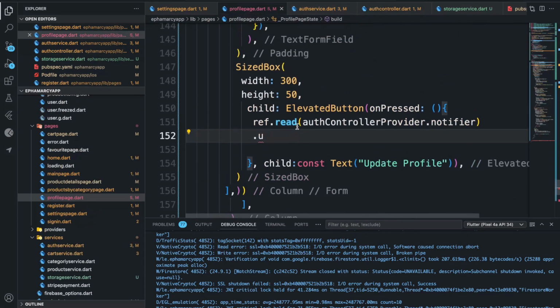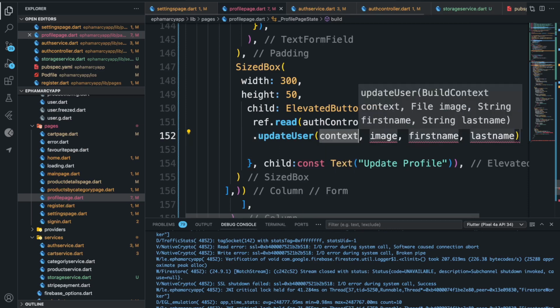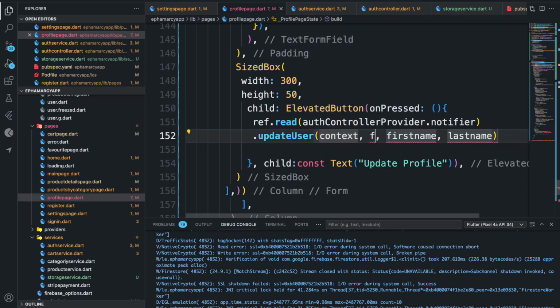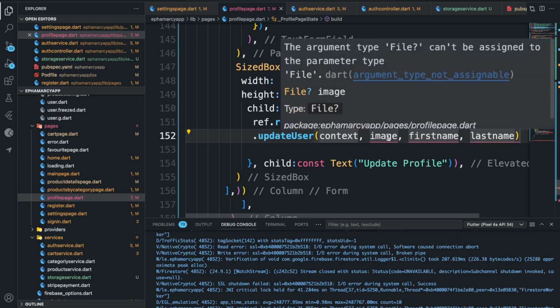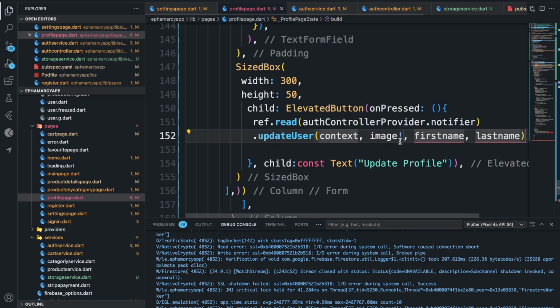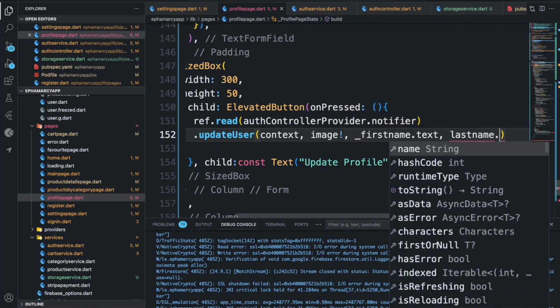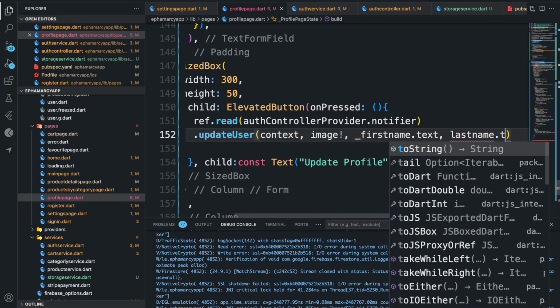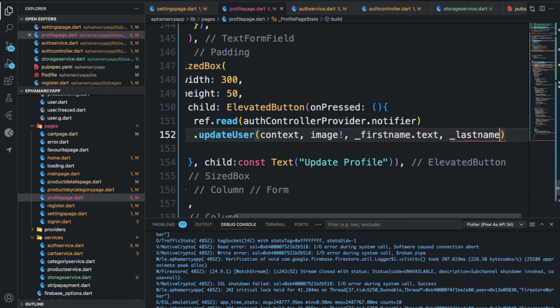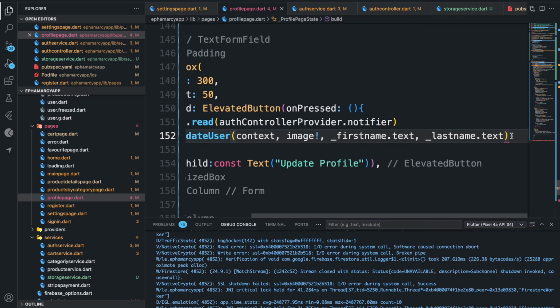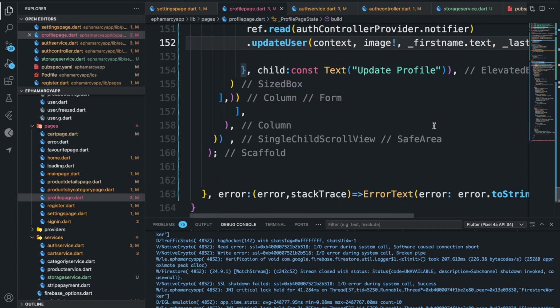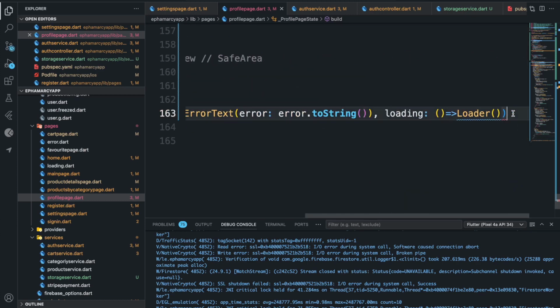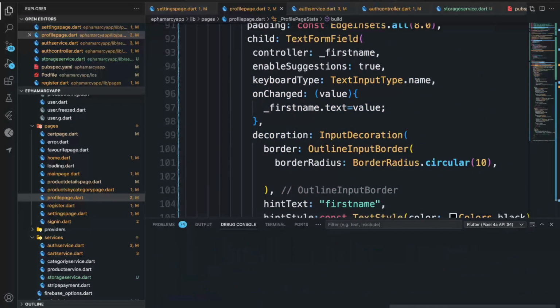Yeah, so now if we go back to our profile page, what we were just going to say is update user, then right, and then it's going to be image. And then we're going to first name dot text, and then last name dot text, something like that. Okay, must be an underscore last name dot text. Okay, yeah, so we're still getting an error somewhere. Okay, we forgot to add the semicolon. Okay, so if we refresh our app,